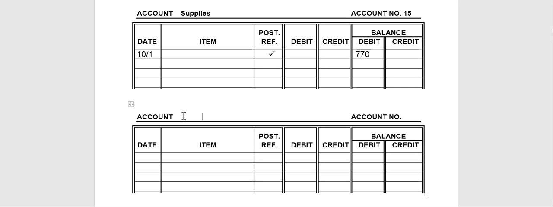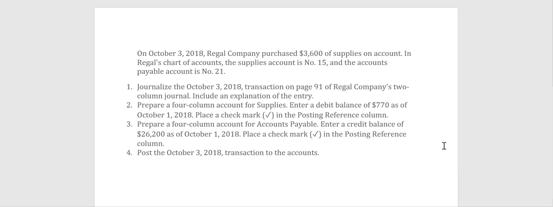The other account that's being affected in this transaction is accounts payable. It has an account number of 21. And again, it also has a beginning balance at the start of the October month. And we're going to include that check mark. Again, we don't use those first 2 debit and credit columns. And accounts payable, which is a liability to our business, normally has a credit balance because it increases with a credit. So now that we have set up our ledger for our 2 accounts, the directions tell us to post